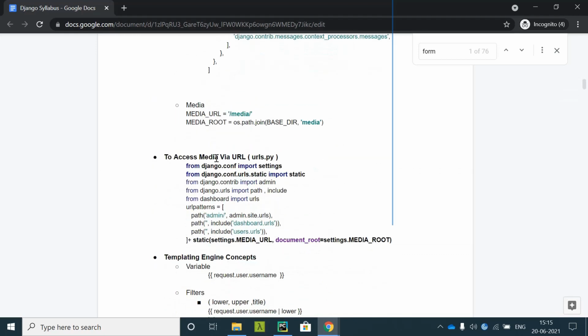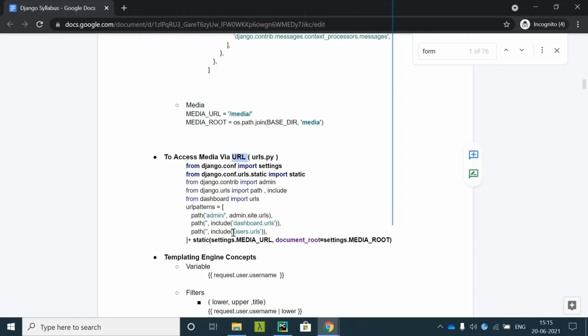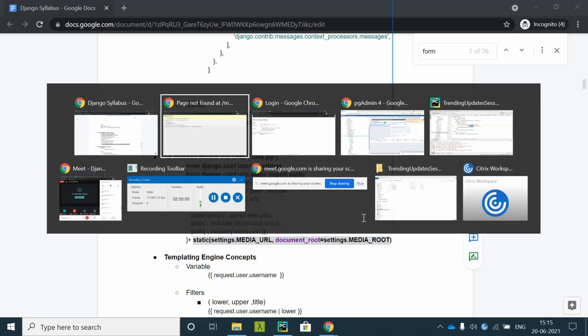Okay, to access media via URL. Now this is called URL and media is not accessible through URL. So what you need to do is give the static settings media URL to this URLs file.